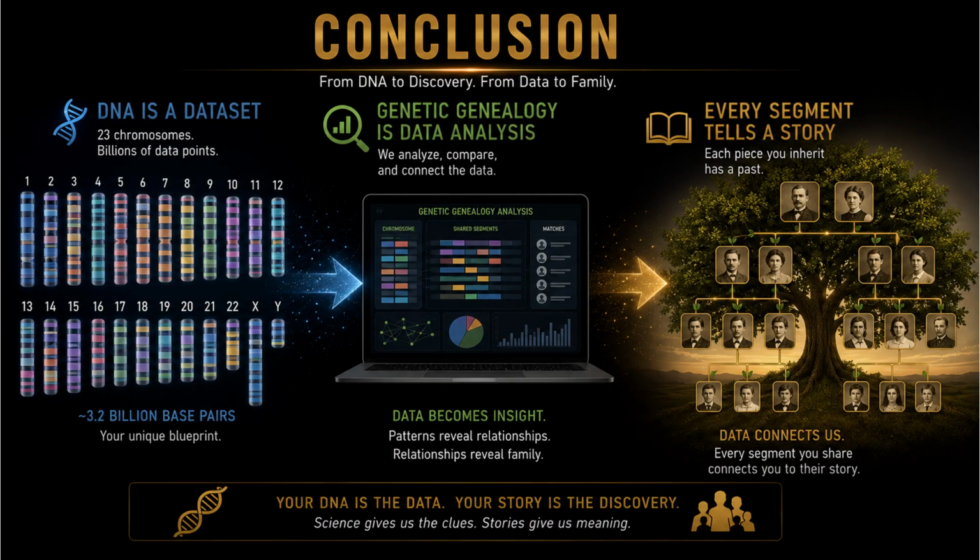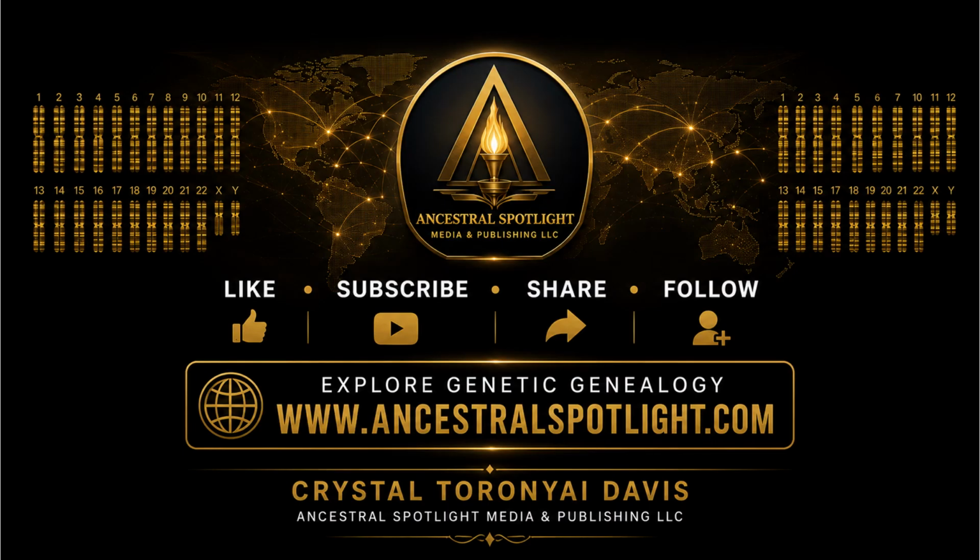At its core, genetic genealogy is the process of turning biological data into family history. Each chromosome contains clues. Each segment represents inheritance, and every shared match helps reconstruct the stories of the people who came before us. Thank you for joining me for this exploration of how genetic genealogy works beneath the surface. Understanding DNA as data helps us appreciate both the power and the limitations of genetic testing. As technology advances, our ability to reconstruct family history will continue to improve, but successful genealogy will always require a combination of science,